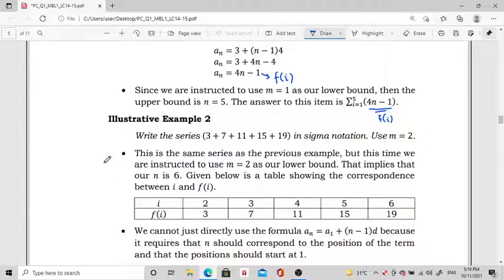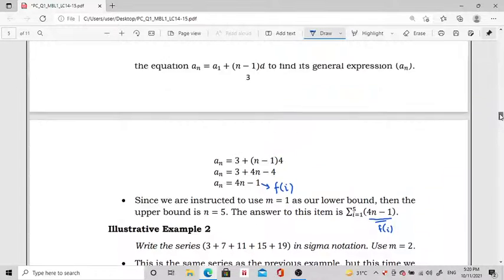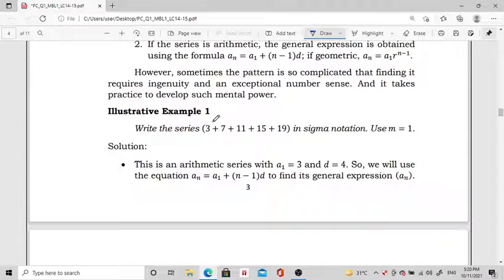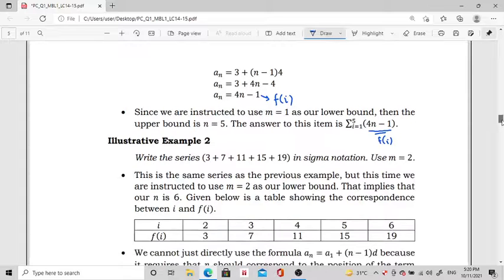So, meron tayong, may dalawang parts na affected. Affected yung maximum value natin. Also, affected din yung ating magiging general expression later. So, kung kanina ang ating minimum value ay 1, tapos we ended at 5 as our maximum value dahil parang ang correspondence ay 1, 2, 3, 4, 5. Now, dahil we will start at 2, we will end at 6 because